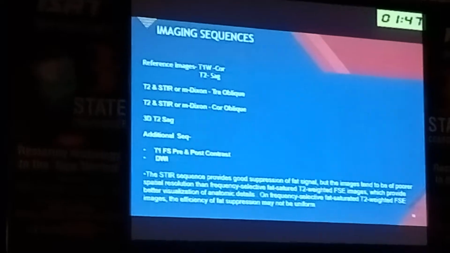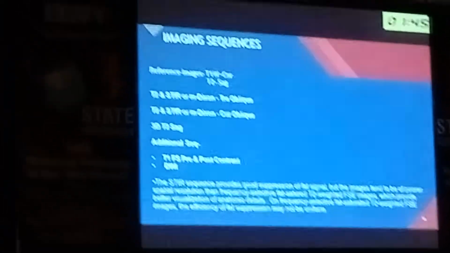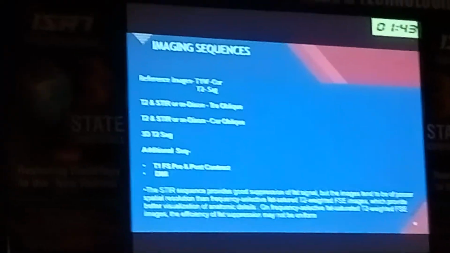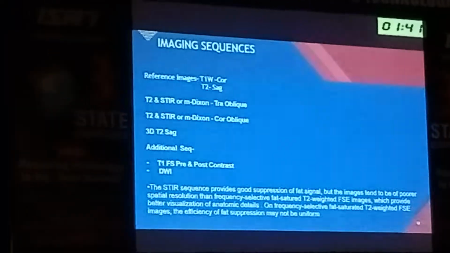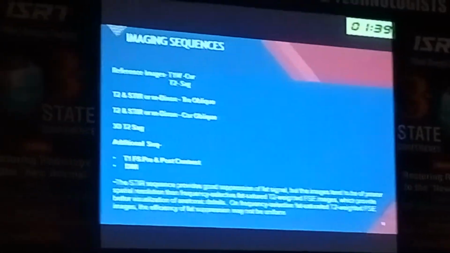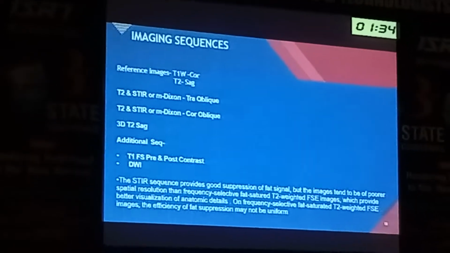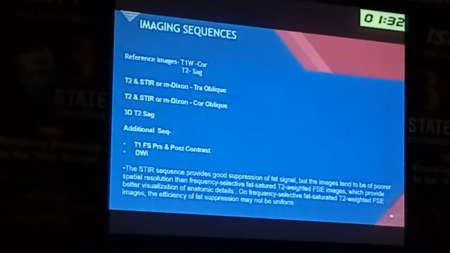The imaging sequences are reference image T1 weighted coronal or axial for detecting the vitamin E capsule. If you take a T2 weighted image, fat will not be bright. In a T1 weighted image, fat will be bright. If you take a STIR image, it will be suppressed. So to detect the capsule, you should take a T1 weighted image,